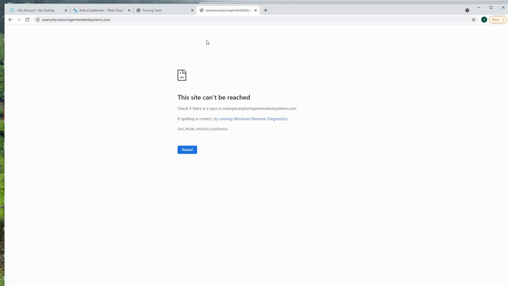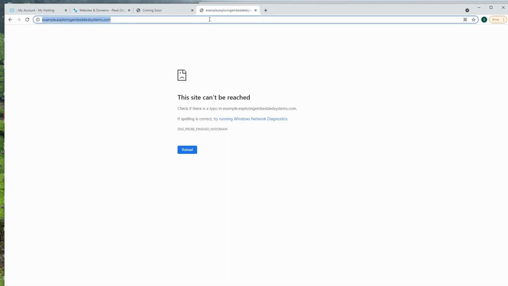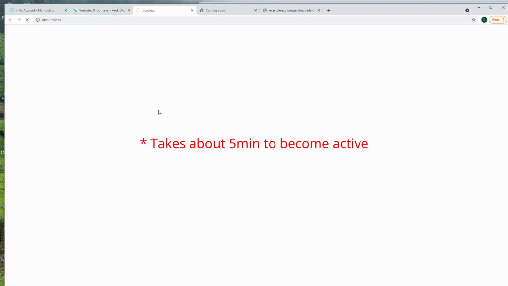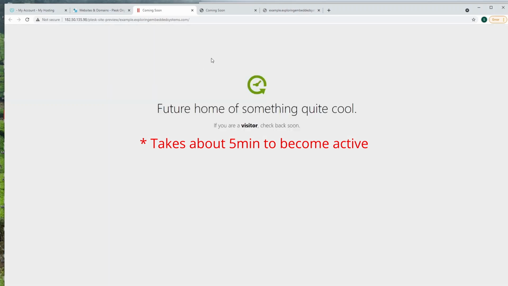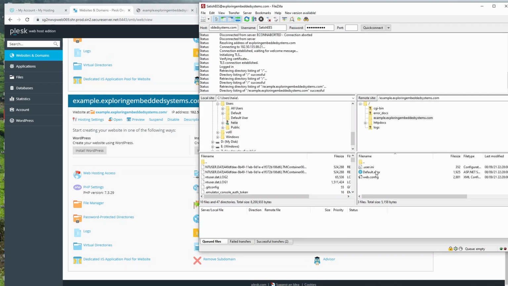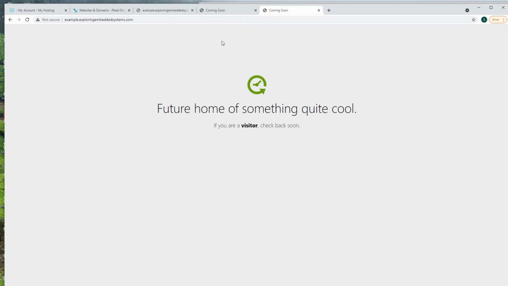So this is like another domain by itself. Yeah, it is created. If you come here, there's a preview here. Let's see. It will preview the website. So this is example.exploringembeddedsystems.com. We are inside this domain, and HTTP docs is our primary domain. So this is a subdomain. Once the setup is complete, this should load up. Yeah, it has loaded. So you can have any number of subdomains like that.